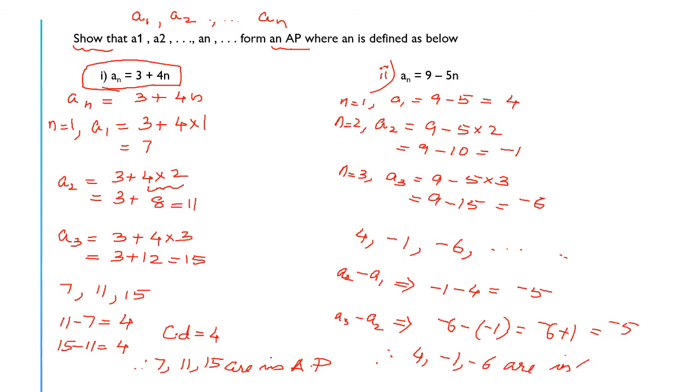This chapter AP is one chapter where you can score full marks. Earlier children used to lose marks in this because sum of n terms used to come and there were real life situation problems. What they get confused about is whether the question says find the sum of n terms or find the nth term. The real life problems will be given and then they get confused whether they have to find the nth term of an AP or the sum of n terms of an AP. So in that case they get confused.